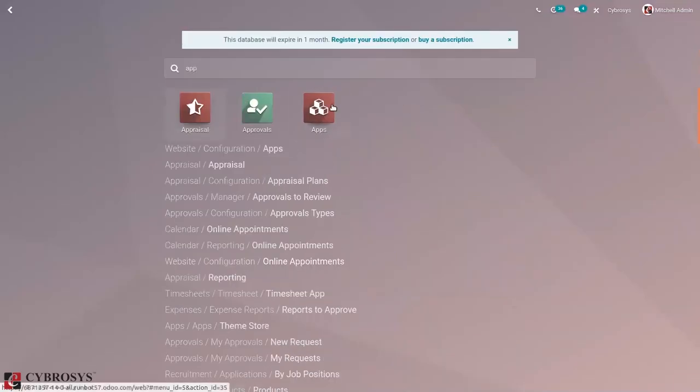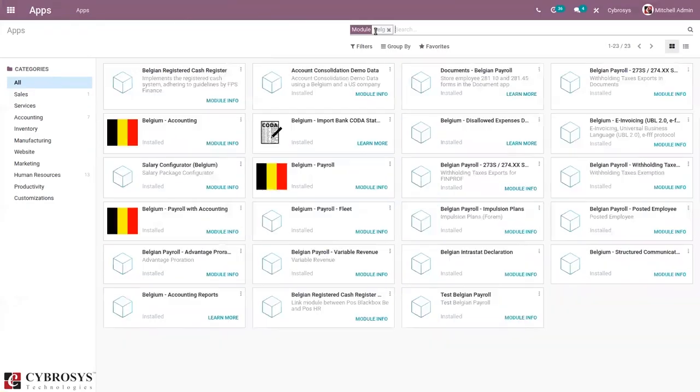So let's come back to the Odoo App Store and again search for the country. Okay, so for documents, using this Documents Belgian payroll, we can store employee 281.10 and 281.45 forms in the Documents application. So what is this 281.10? This one is an individual form.